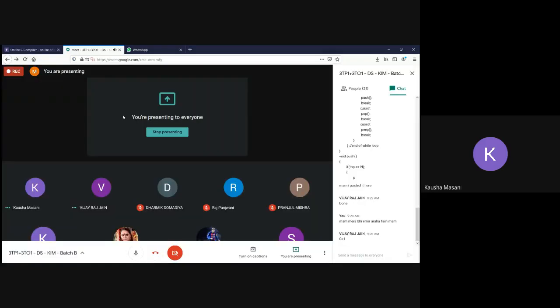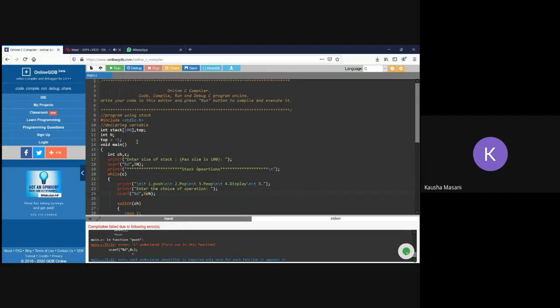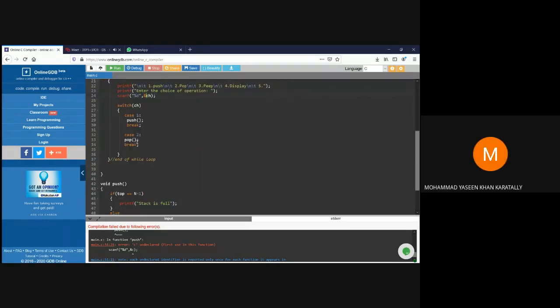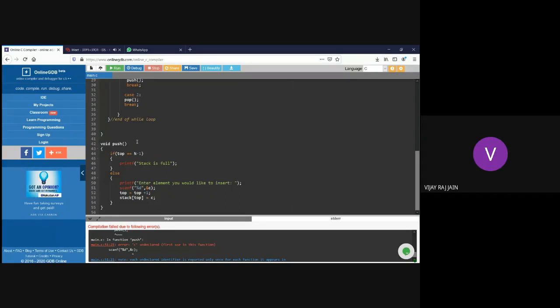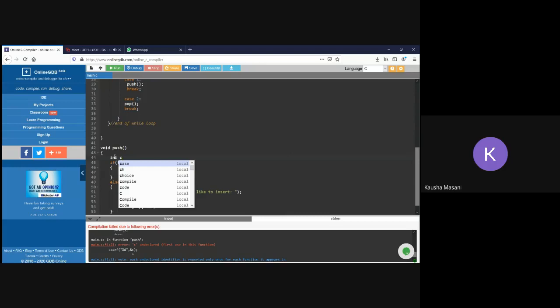No, I'm presenting मैम। Okay. Go down. Yeah, in your push function, you have to declare that C variable where you are storing the element. Yes, Yasin. Oh, Vijay, is it you? Yasin, now run the program.